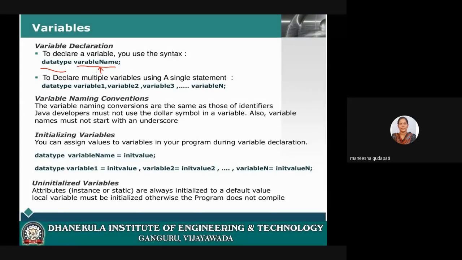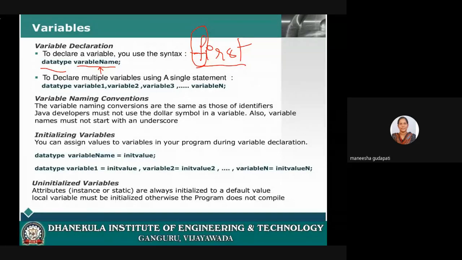The first letter in all the words should be capital except for the first word. Suppose I am creating a variable called first name. In the first name, "first" is the first word, so in this first word, F should be small.